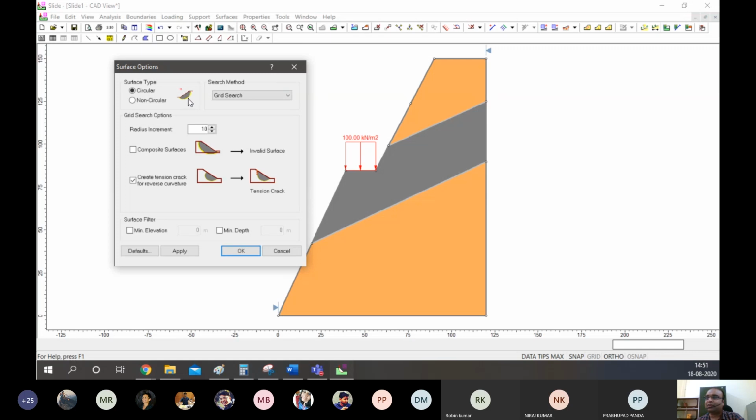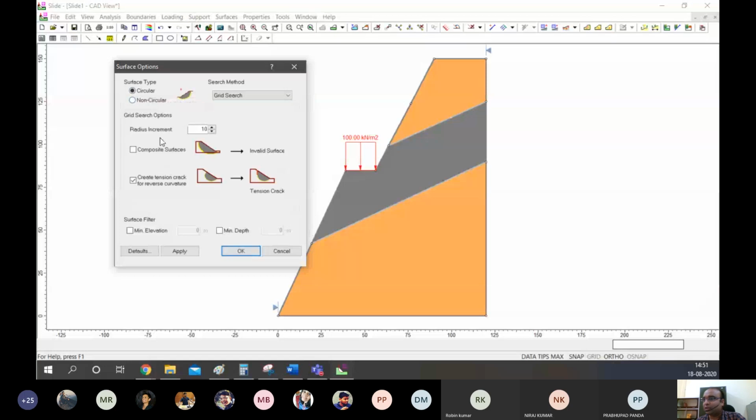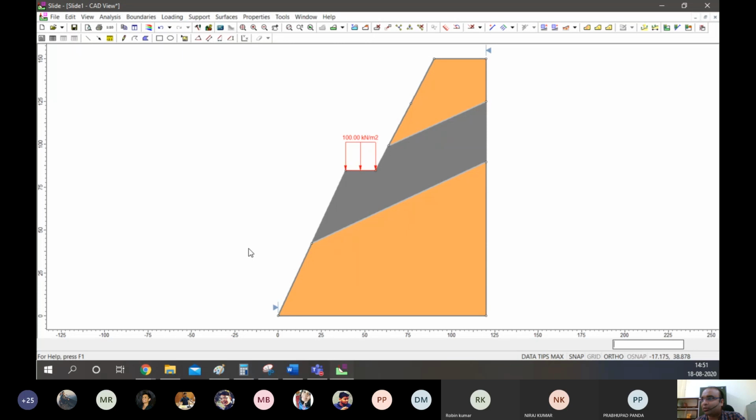These two define which slip circle we are dealing with, and all these algorithms are based on that. In non-circular failure, this is a composite or block sort of failure. It will search for a block, or we can provide a block, saying this is the most probable failure zone. We will look into non-circular failures at some stage. So let's start with circular failure and click OK.